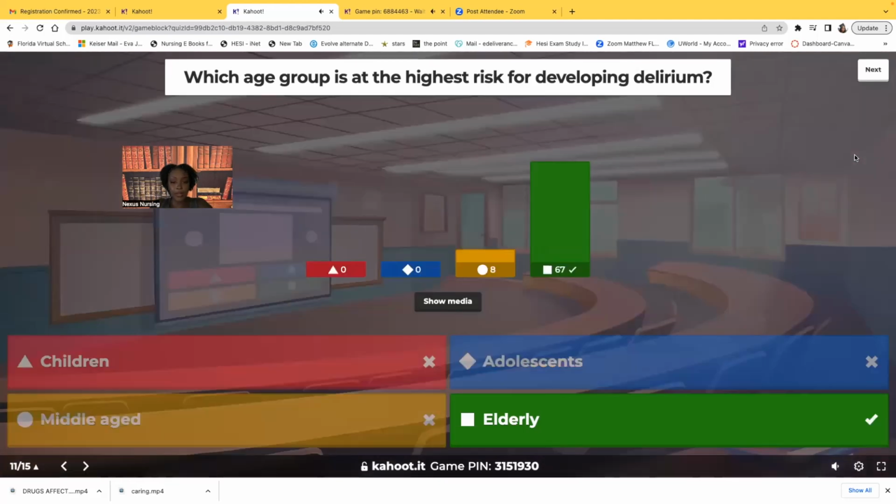Very good. The elderly. Let's talk about this. Why? The biggest reason that we tend to see delirium in the elderly, here's the thing. The older that you get, the longer that you lived on this earth, is just wear and tear on the body. So your kidney's not working the way it used to, and your liver's not working the way it used